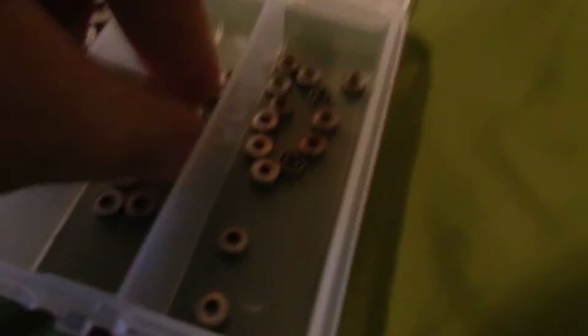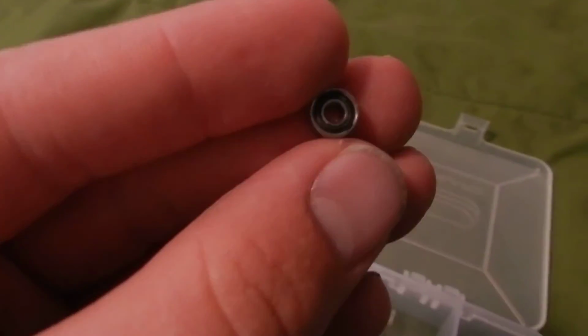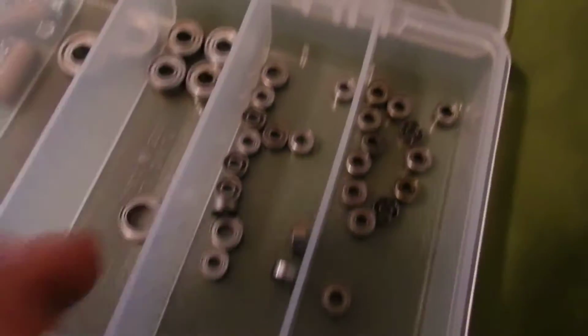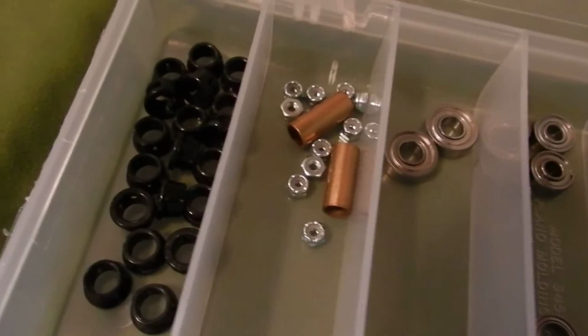This is one of my favorite little bins with all these tiny ball bearings that I actually get out of PC fans. They're nice little bearings that if you bought them anywhere, it'd probably cost you a little bit of money, but you can get them out of computer fans. Anyhow, I could